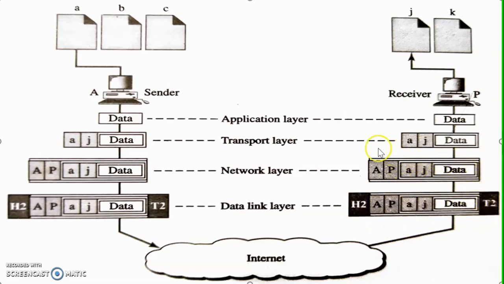At the network layer, the IP addresses will be checked. That is, if the IP address mentioned in the packet matches with that of the receiver's IP address, then the headers will be removed and then the data will be passed to the transport layer. At the transport layer, the port address of the receiver will be checked and then it will pass to the application layer. Then the application layer will pass it on to the particular process.